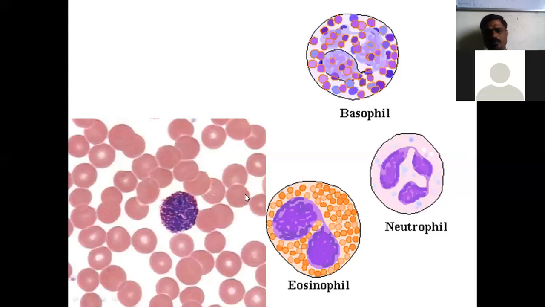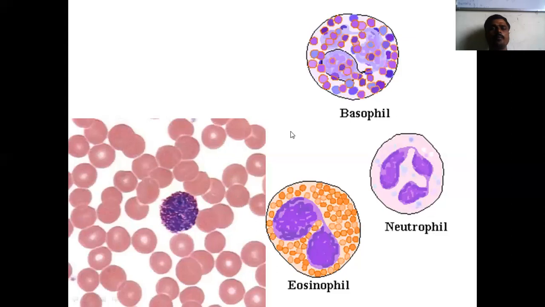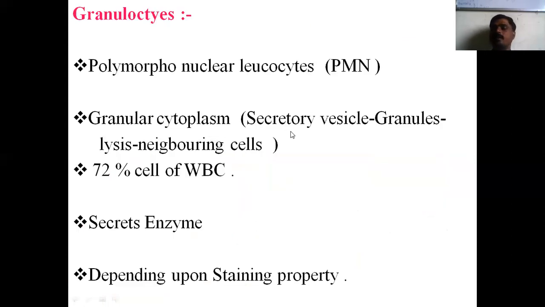I already showed you about it. It is not important to you, but come to the point. What is a granulocyte? A granulocyte is a polymorphonuclear leukocyte, which is called PMN. What is PMN? Poly means many, different, and morpho means structure, shape, face. So it is called polymorphonuclear leukocyte. It has granular cytoplasm, meaning granules that are secretory vesicles in the cells for lysis, meaning breaking down